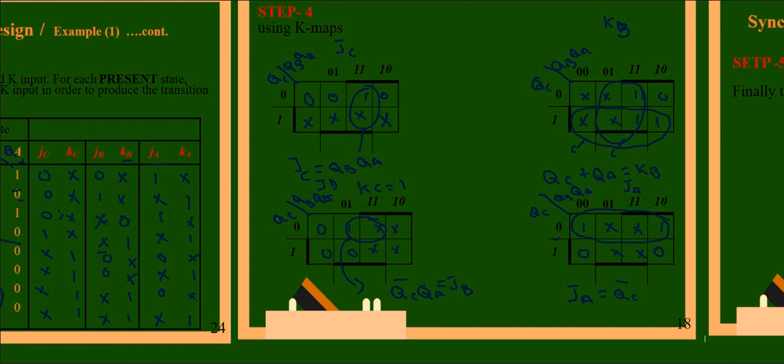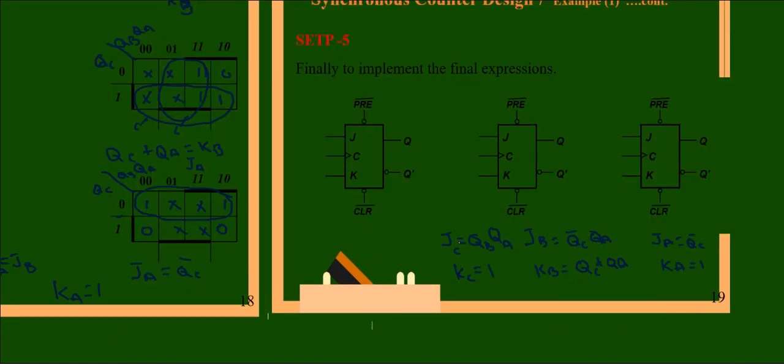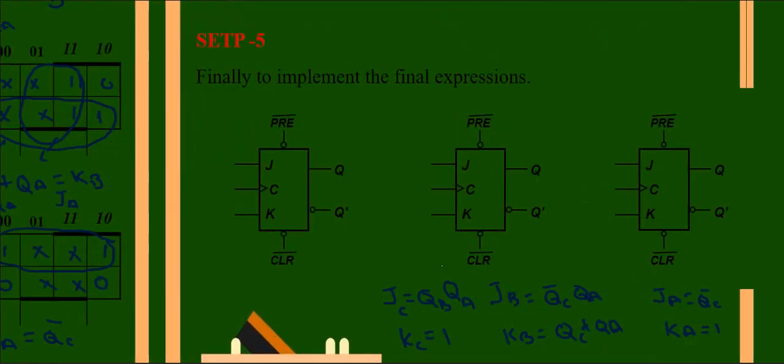The last one left is KA. When you observe KA, look here, all are present either 1 or don't care, so there is no 0 present. So I can do all the grouping possible, and we can directly write KA is equal to 1. In this case KC and KA both are 1 that we got, and the other 4 we are done with in the particular K-map. From the previous step we got the following equations, so we will go with these equations and draw the diagram.